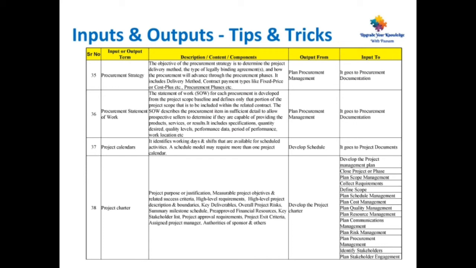This is the output from develop schedule. It goes to project documents. Point number 38, project charter. Project purpose or justification, measurable project objectives and related success criteria, high-level requirements, high-level project description and boundaries, key deliverables, overall project risk summary, milestone schedule, pre-approved financial resources, key stakeholder list, and project approval requirements are mentioned in